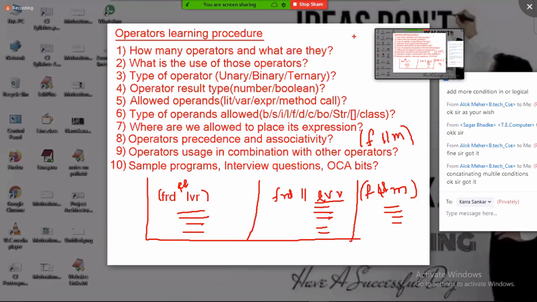Now in school you got punishment, your principal told you that you did some mistake and to bring your parent. Now the principal will talk, and if either father or mother came, he will allow you into the school. For example, at some functions both parents should come, meaning both father and mother. In that case what should I use? AND. So these are the different examples you can consider.